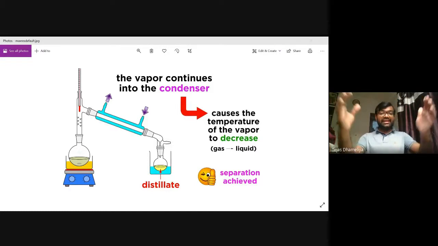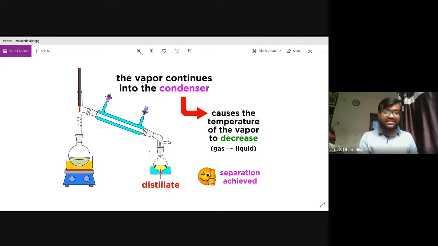Okay, here the heating mantle is connected with a receiver flask. The receiver flask is further connected with the condenser. Here the thermometer is kept, so we can record the temperature. This is the way water will come in. Here the water will go outside, and it is connected with the sink or sometimes with a pump. Generally, some Thulu pumps are used for this purpose. And then it is connected with our solvent, which is called distillate.